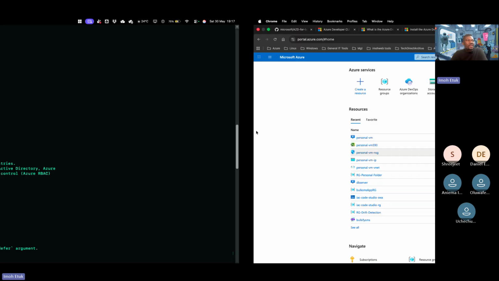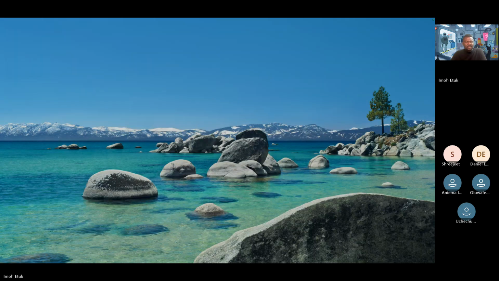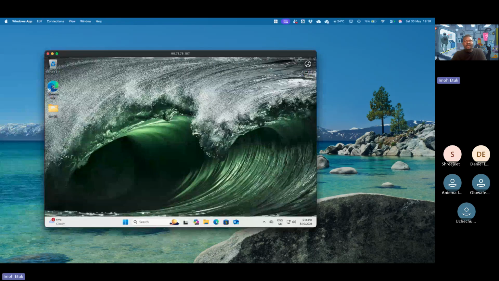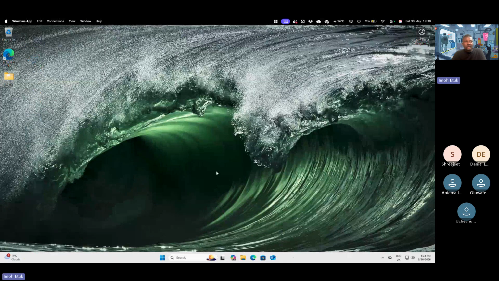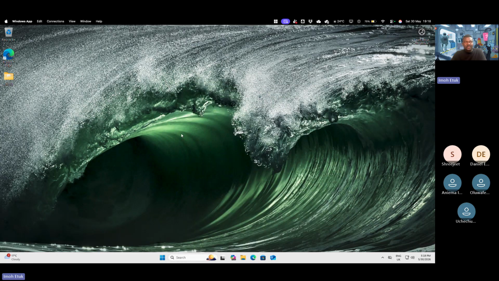I'm looking for my VM. Did I disconnect it? I think it's this. Let me see. Okay, so this is my VM. Right now, this is like a raw Windows machine, but running on Azure. So just open your PowerShell or command line. I'm going to use PowerShell in this case,